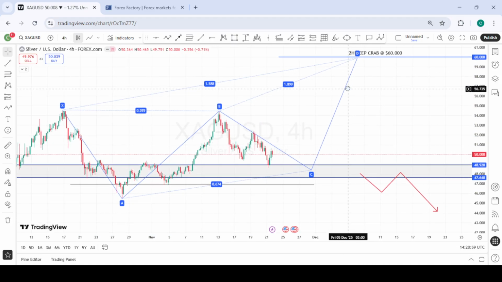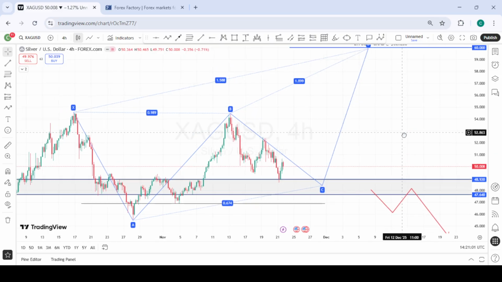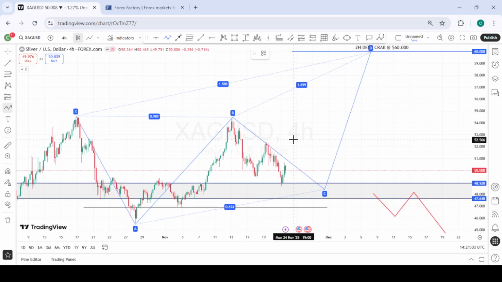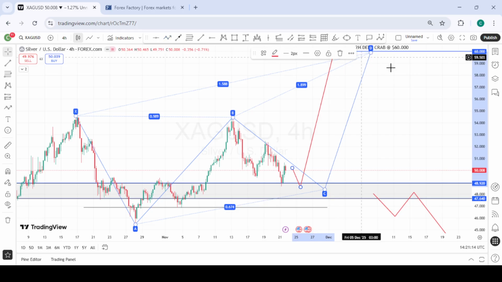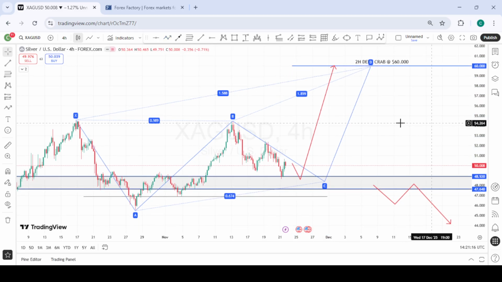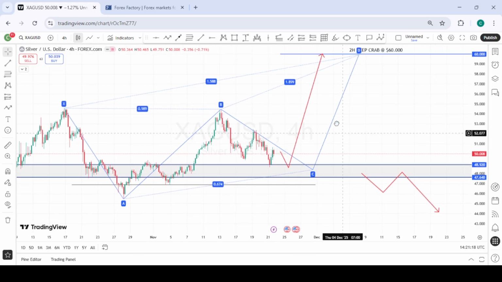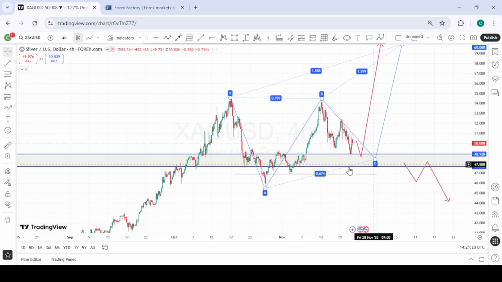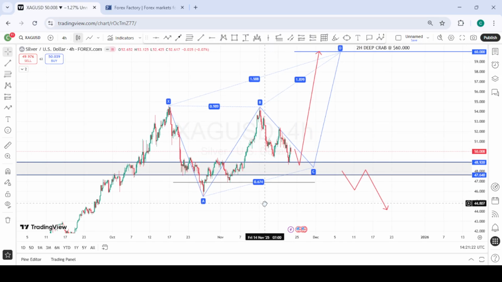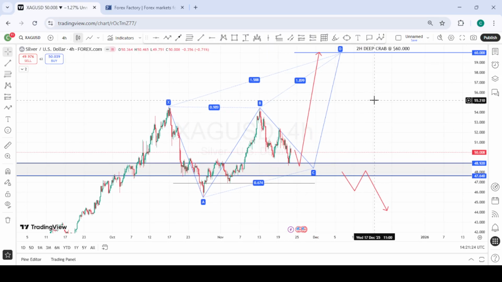silver. So for the coming week, what we'll be looking out for is a reversal pattern, maybe a double bottom, maybe an inverse head and shoulder around this zone, and then we look for buying confirmations to the upside to complete this deep crab pattern. Or should price also violate this zone and clear these lows, then we're looking out for the bearish side for this